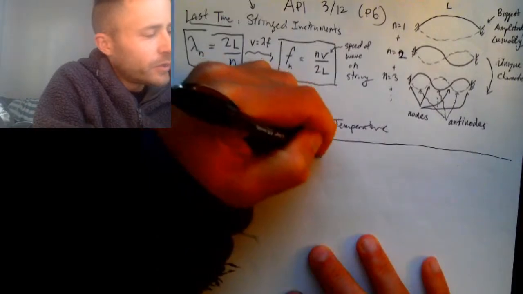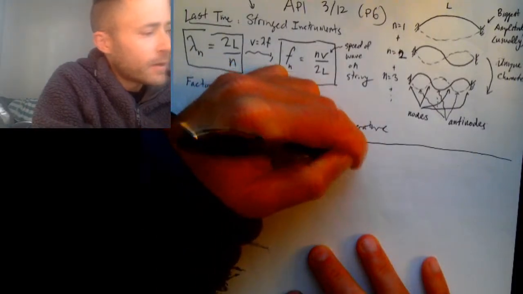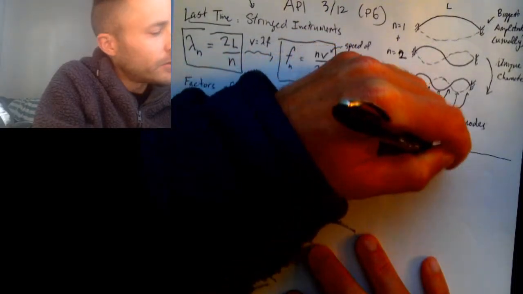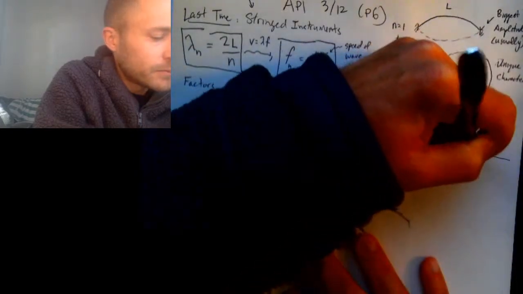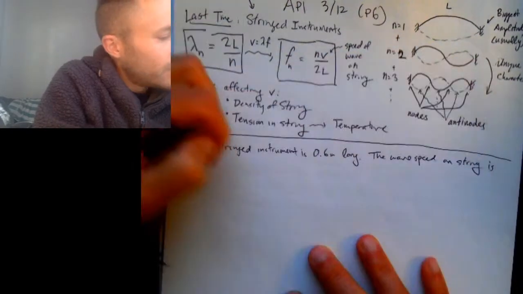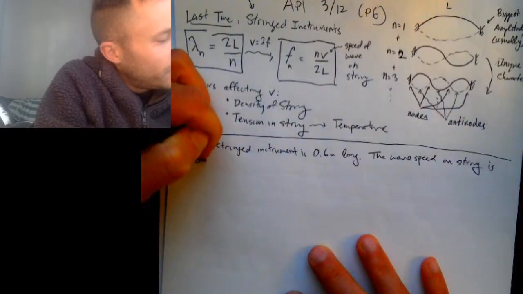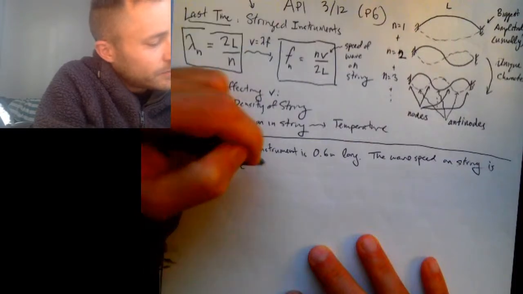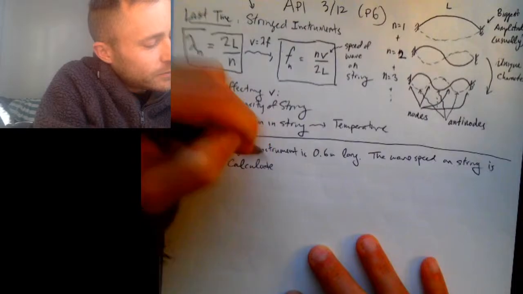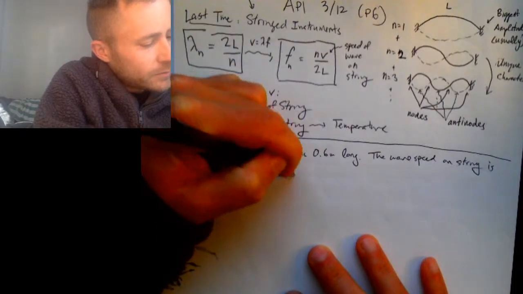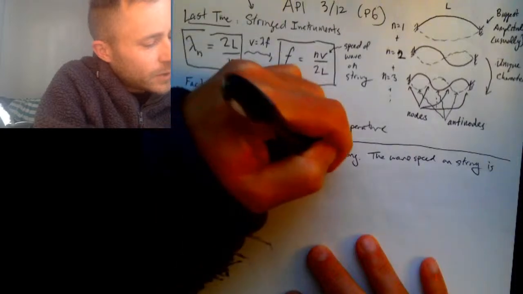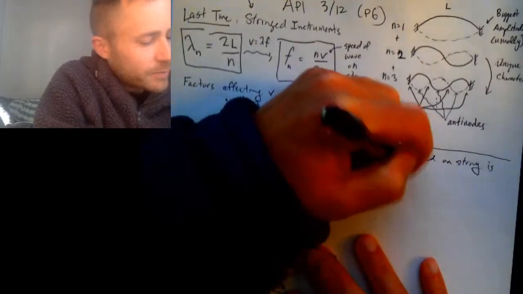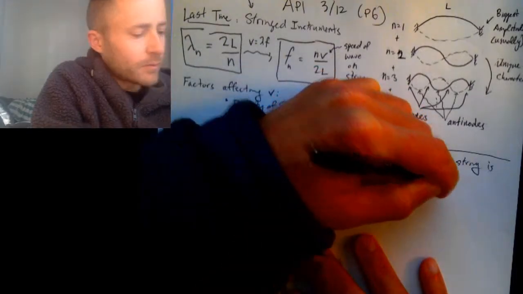that is 0.6 meters long. The wave speed on the string is 530 meters per second. Calculate the frequency and draw the 7th harmonic. Okay,